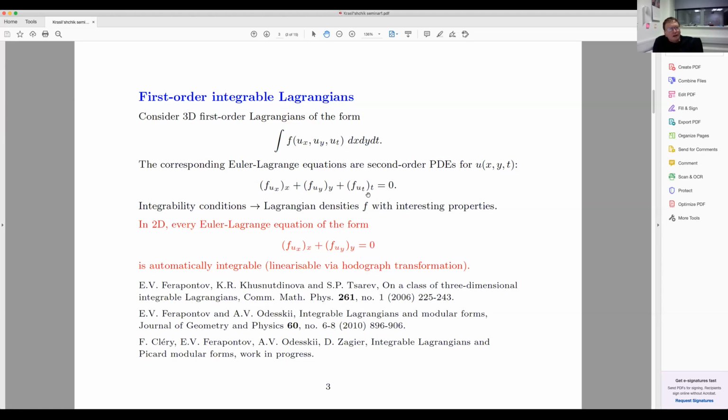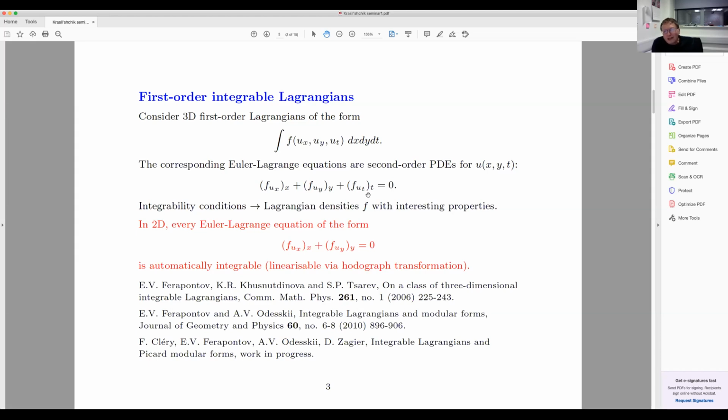Another definition is integrability by hydrodynamic reductions. And another definition is integrability in terms of Einstein-Weyl geometry. Every second-order PDE generates a characteristic conformal structure, and we may require it to be Einstein-Weyl on every solution. So all these three approaches are equivalent for systems of this form, and they give the same integrability conditions.